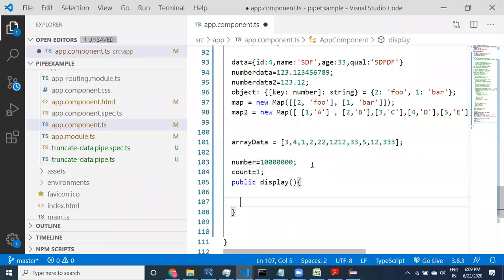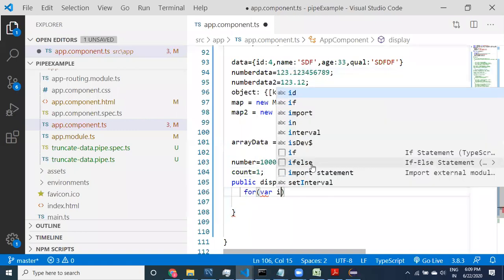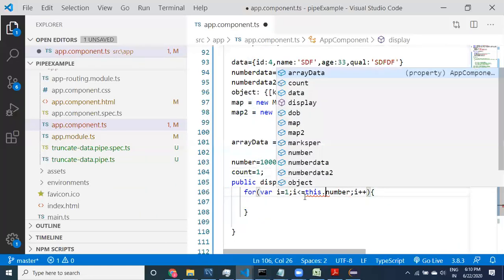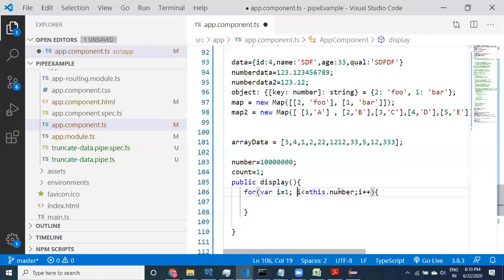For the loop, it starts with i equal to 1, i less than or equal to this dot number, i plus plus.